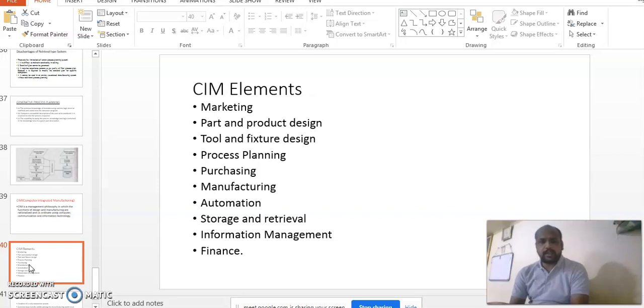That is also done by using softwares like CATIA, ProE, Unigraphics. In CATIA software we do the product design, in ProE software we do the product design. All CAD softwares are implemented for product design procedure, and same procedure is implemented for tool and fixture designs.